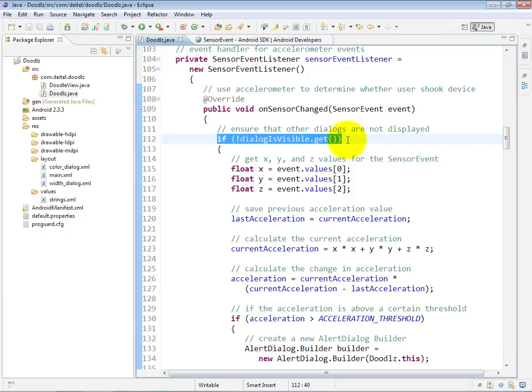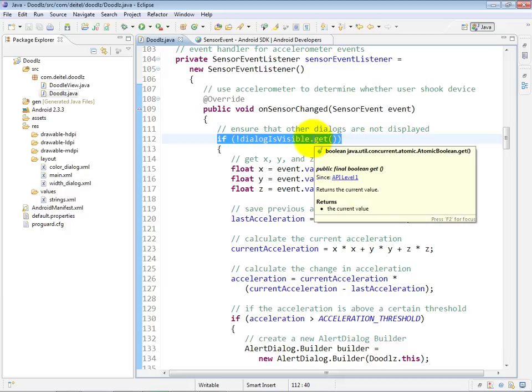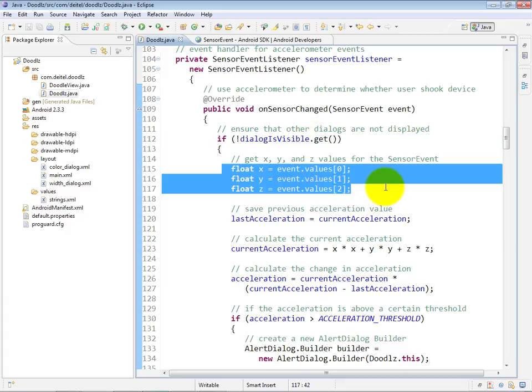So first we check to make sure there are no dialogs displayed, and if there are none, we then capture from the event object's values array the values that represent the change in the x, y,